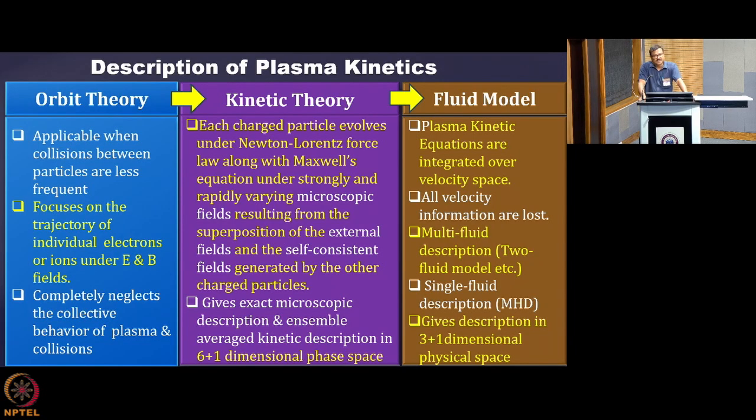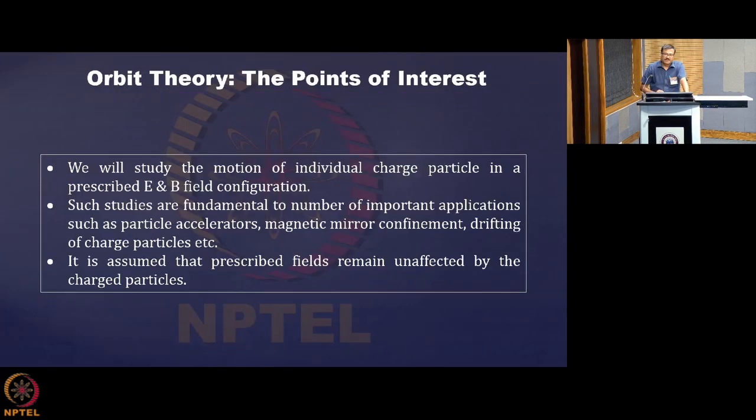So we'll start from the orbit theory, then get into the kinetic theory, then get into the fluid model. We'll know the basic mechanism, how to handle a plasma system using these models, and what essential and basic information we can extract out of these theories, which will make us competent to deal with any laboratory or processing plasmas, cold or thermal or non-thermal plasma that we are going to handle in this course. Okay, so we start with our orbit theory.